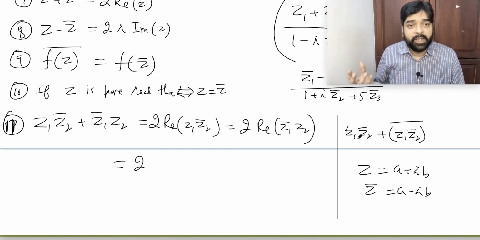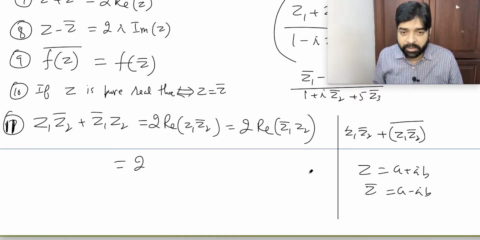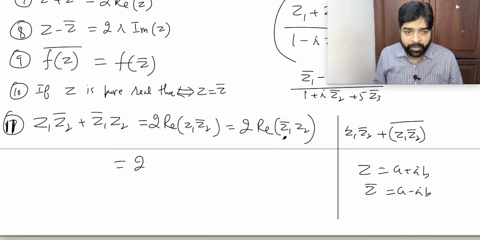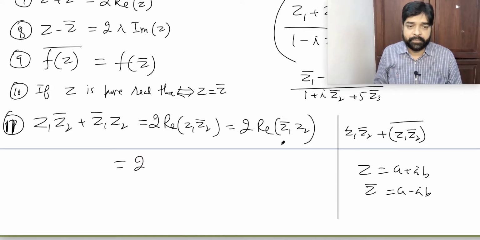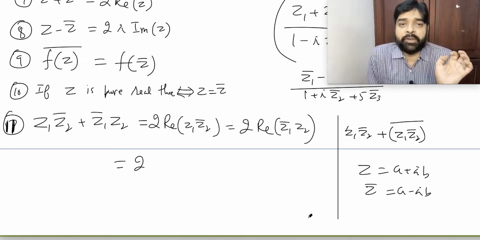So this value is nothing but this. This is the Z. So I can say 2 into real part of this or 2 into real part of this. I wrote this one. Something wrong I did. I did a mistake. I'm sorry. Actually, I didn't do a mistake. Yes, not correct. Bar of this will be this. Is this clear to everybody?